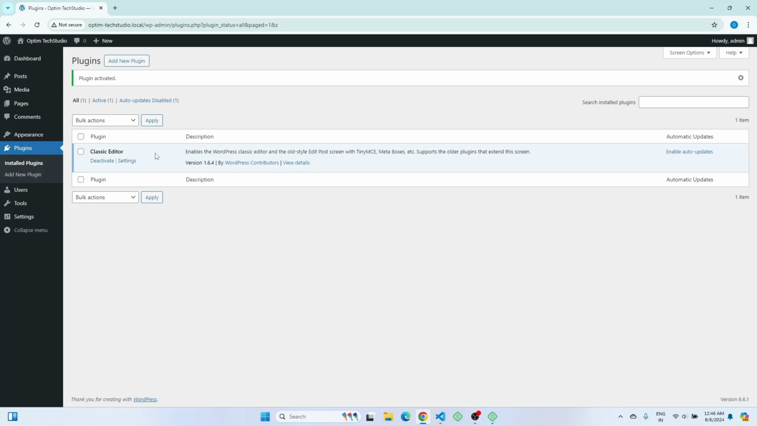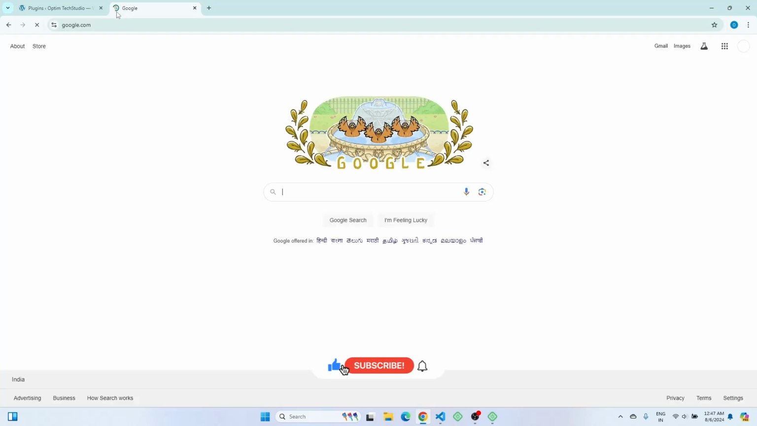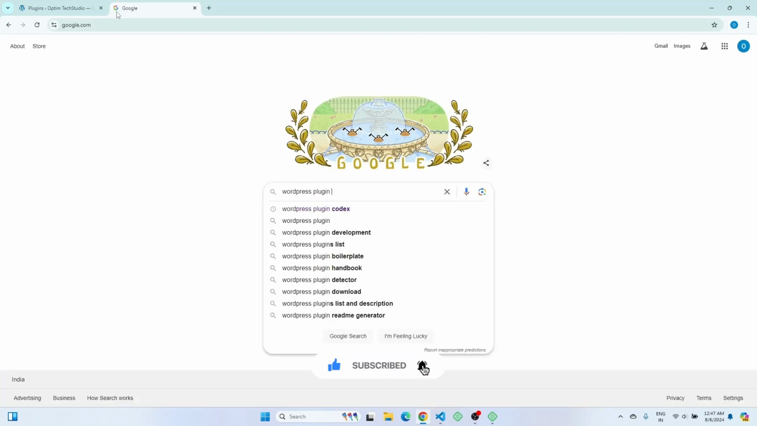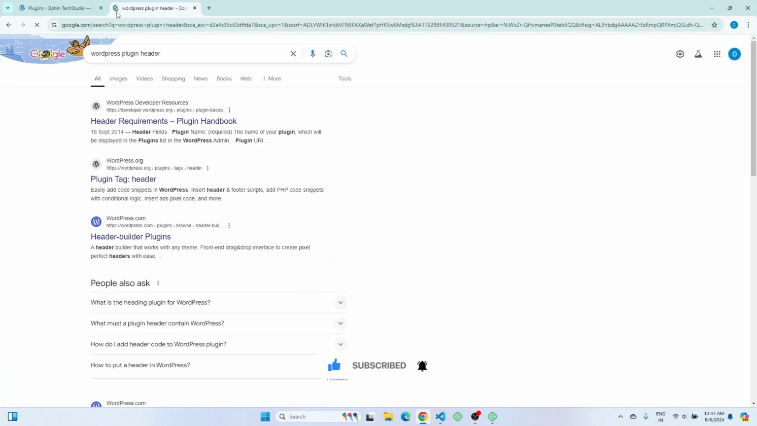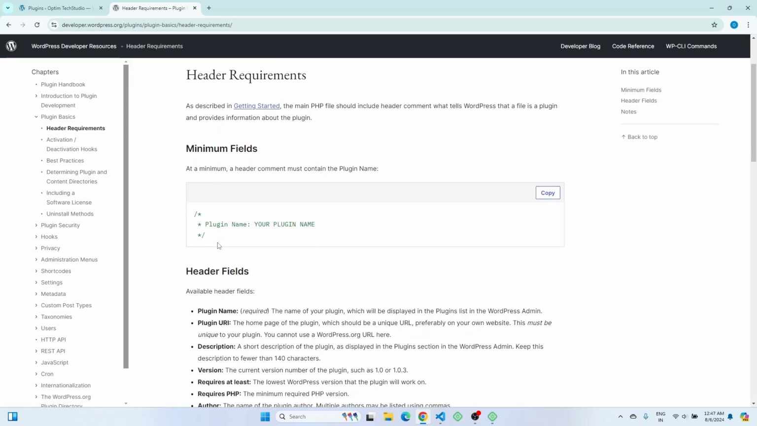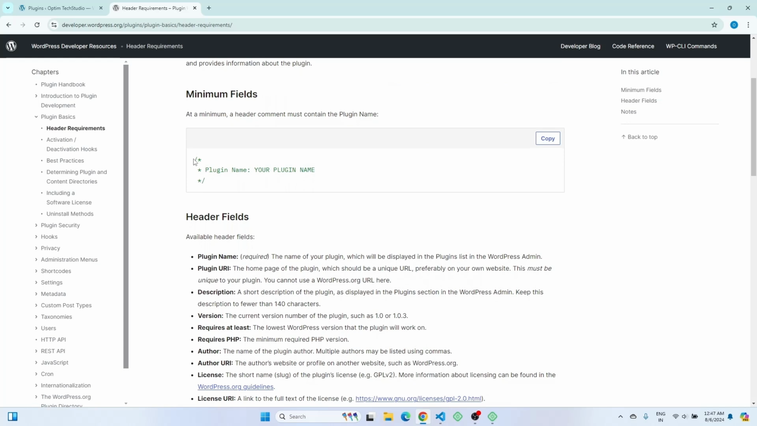So there is a name, there is a description, then the plugin version, then the author link and author name, and this is the details link, right? So we have to do the same. Go to Google and search for WordPress plugin headers. In that you will find the header requirement. So basically this is the header that you need to put in your PHP code file. Just copy this